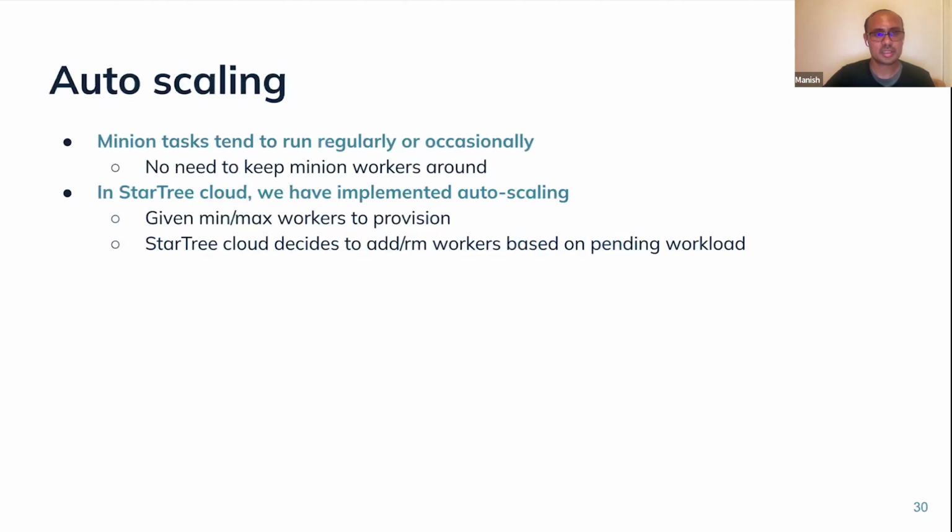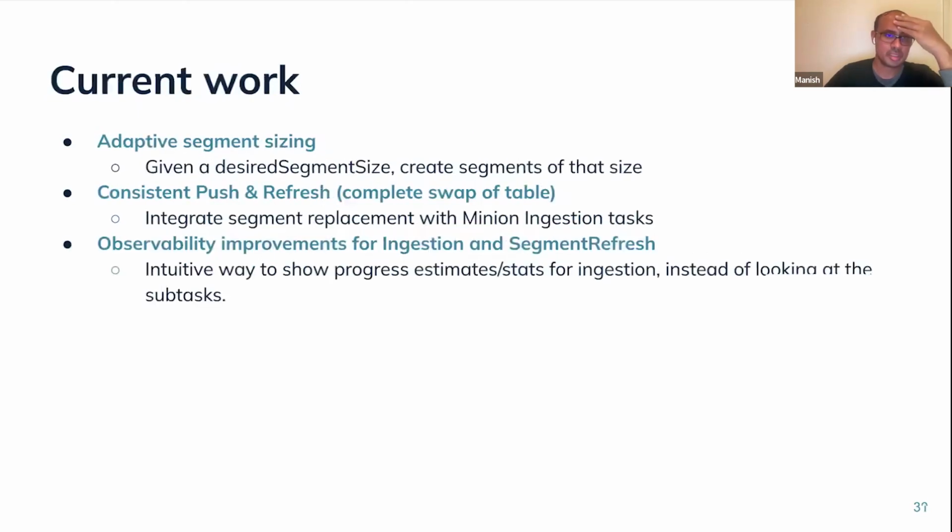So having said that, there are many interesting things that are also happening which we want to improve. Some of the things that I want to share, like the current work, is the Minion batch ingestion. Usually when we use this ingestion, we provide the number of docs that we want in the segment. But number of docs doesn't mean much, because the segment can be heavily compressed or it can blow up. We don't know, right?